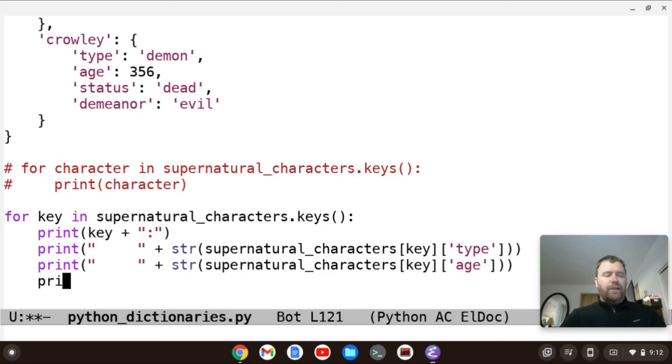Let's do a few more things here. Let's print, we'll do some spacing here for formatting, plus supernatural characters, a key,